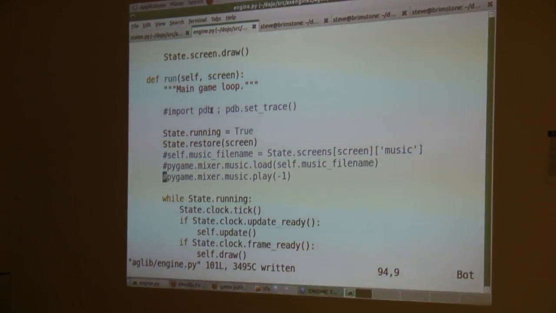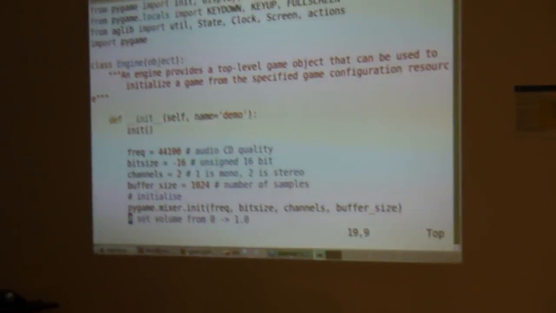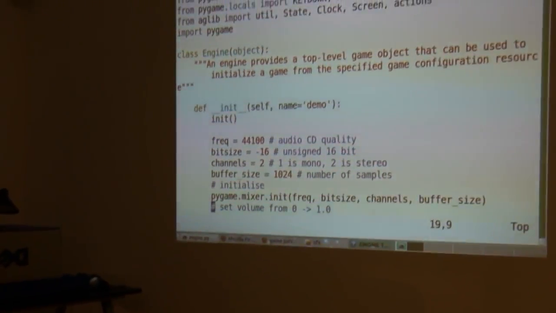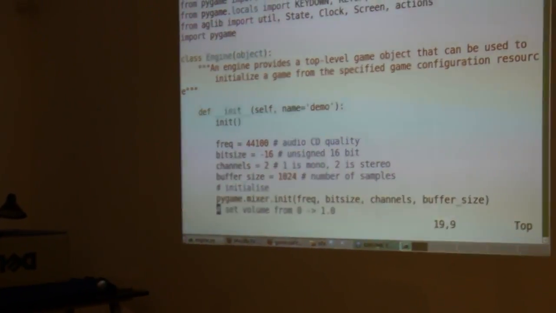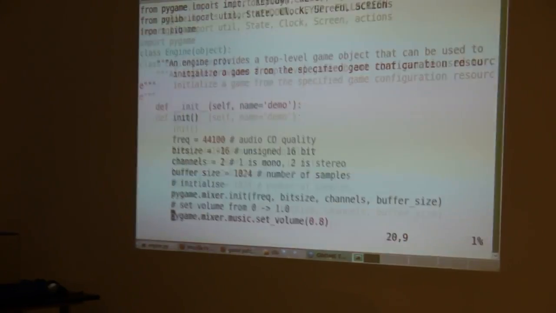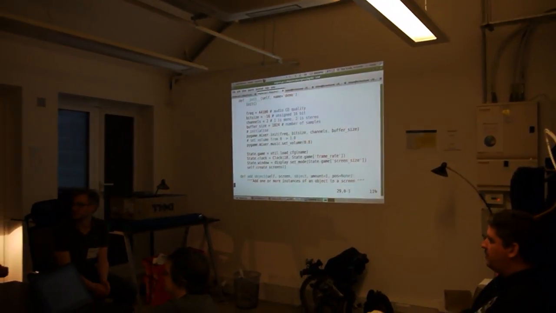Sorry, where does the pygame mixer thing come from? Oh, it's somewhere at the top. There it is, it's on the screen. Okay, you're doing it in the init. Cool. And then of course you would need to plug in the events that we were dealing with, for example,